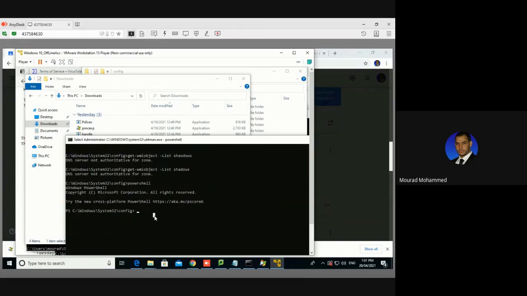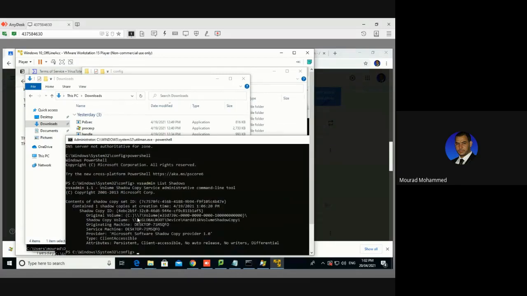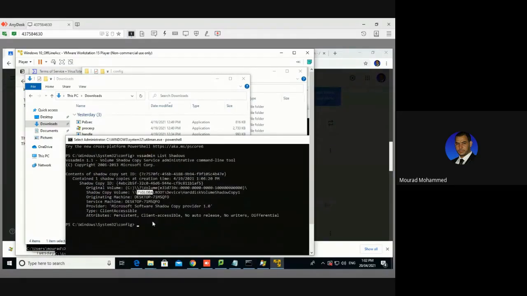Great. So I'm going to type the same command: vssadmin list shadows. Great, we have this entry. Okay, I'm going to create a new one. So to do so, Get-WmiObject. Here it is. Then I'm going to list